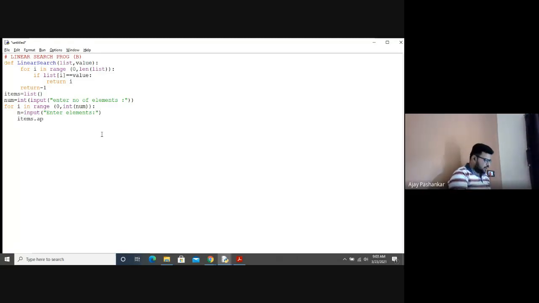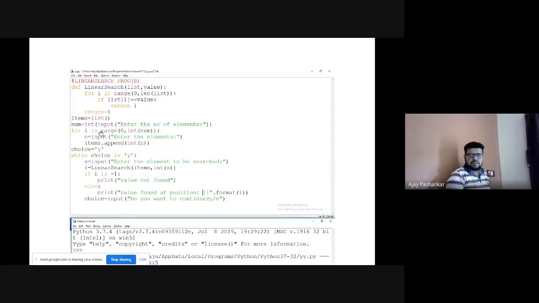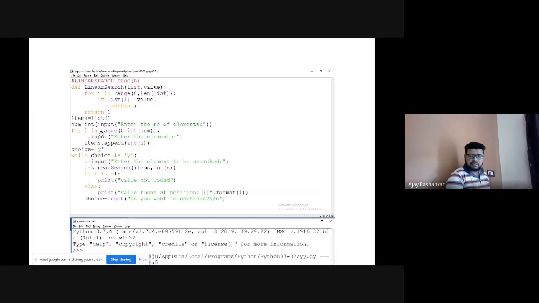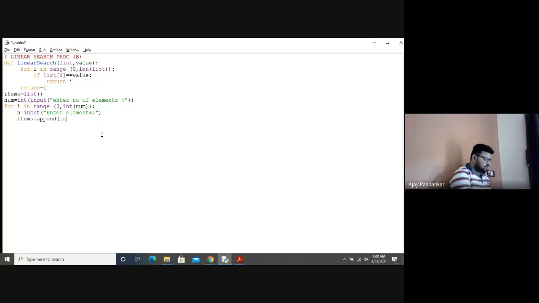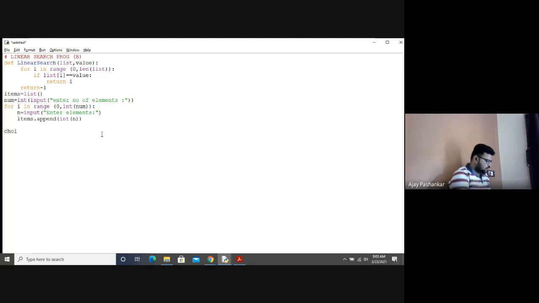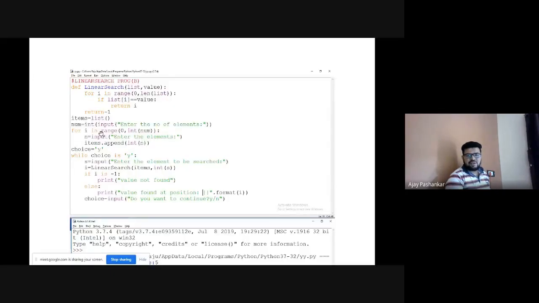Items dot append. Now, what is the difference between this append method and insert method? Can anyone from your side tell me the difference between append and insert? So insert is used to insert an element at a particular position.